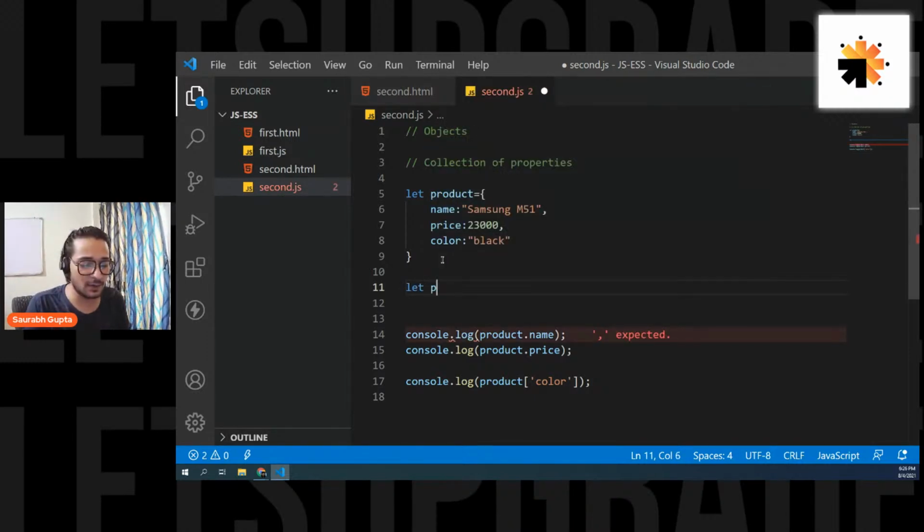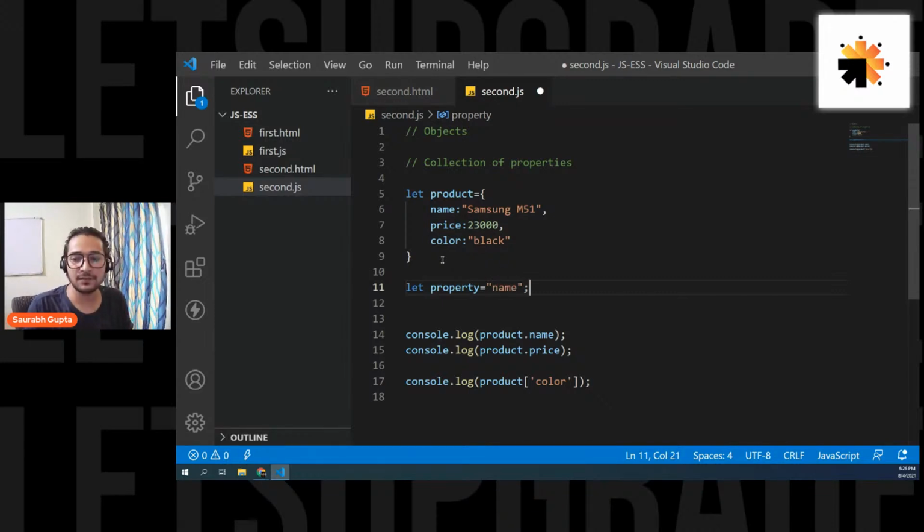So let's say I create a variable called property. And then whatever the user is passing, I store here like this, name. So in this case, the user has passed name. That means the user wants to access the name property of the object, and I have stored the user's value in a variable called property, or you can also call it p, doesn't matter, simply call it p.